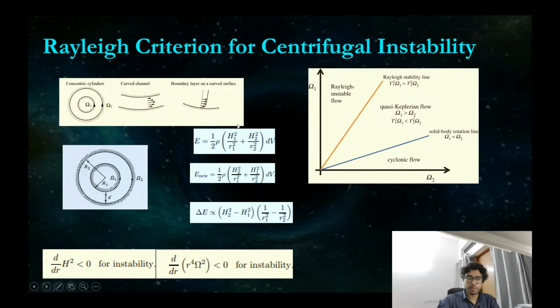Okay, let's move on to the next part then, which is the centrifugal Rayleigh criterion for centrifugal instability, right? So okay, so now let's say we have a star and it is rotating, right? So the star is rotating, and